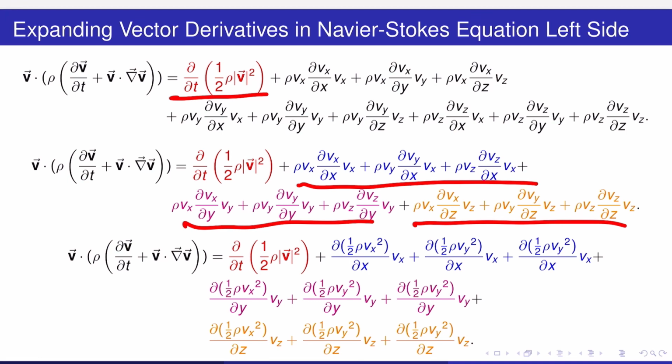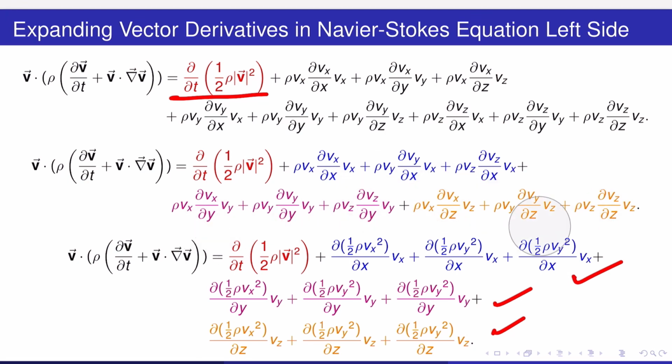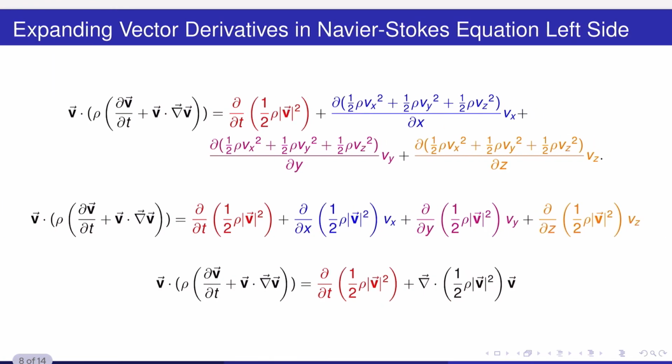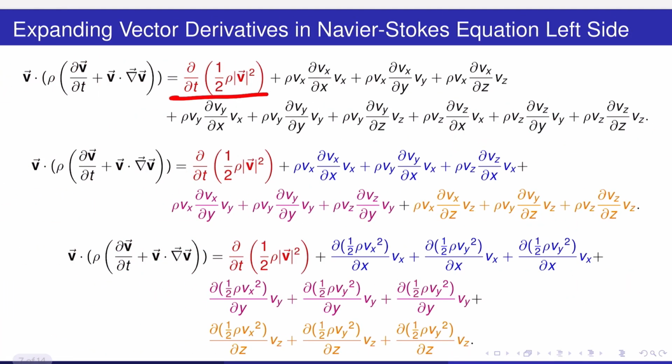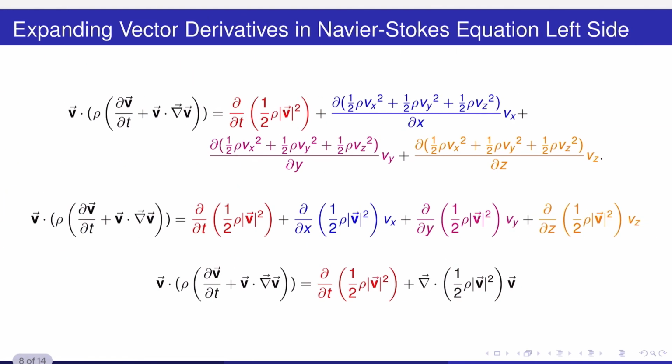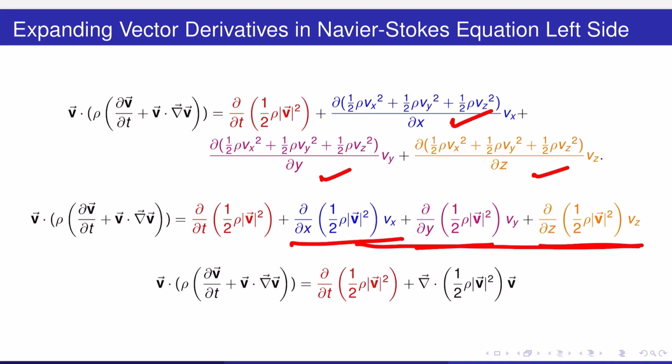Okay, so this is the derivative with respect to x, derivative with respect to y, derivative with respect to z. So we'll get that. Okay, so now from here, in the next slide, we can write this term. From here, if we take that x term, we'll get this term, then the y term and z term. So from here we can write this and this, so together these three terms